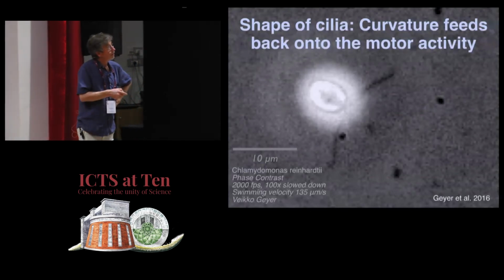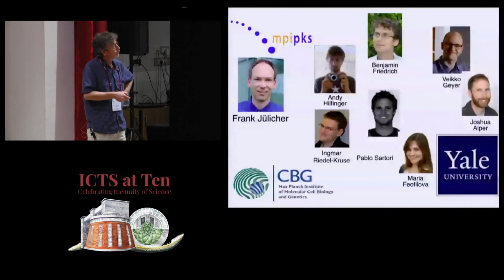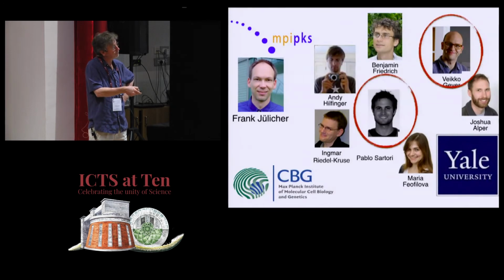I want to now go back to cilia and our trying to understand this beautiful bending pattern of cilia. What we found, and what we believe, is that the cells can sense this curvature of the cilia, and that feeds back onto motor activity to regulate this beautiful beating pattern. Now, I should say that this is work that is a long-term collaboration with Frank Julicher and a succession of students, and what I'm going to tell you about now is work from a theoretical student of Frank's, Pablo, and an experimentalist, Vivek, in my group.